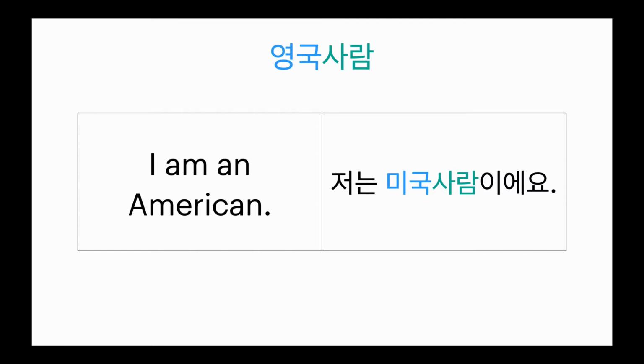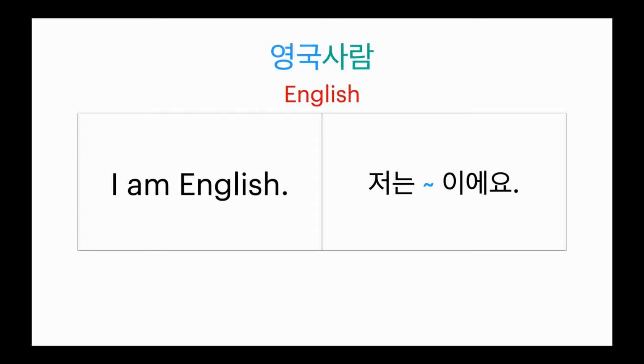Okay, how about 영국? 영국 사람. 영국 is the word for England or the UK. So 영국 사람 being an English person, or I probably should have written this as a British person. Korea doesn't exactly specify between the different countries in the UK. There are ways to say, for example, if you're from Scotland, you could say 스코틀랜드 사람, but I don't know if Korea really specifies the difference between each, so 영국 사람 is a very easy bet for this one. So if you want to say, I am English or I'm a British person, what do you think? 저는 영국 사람이에요.